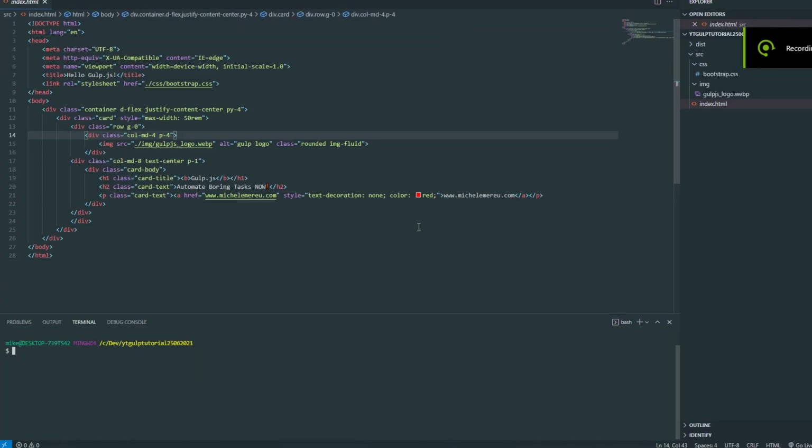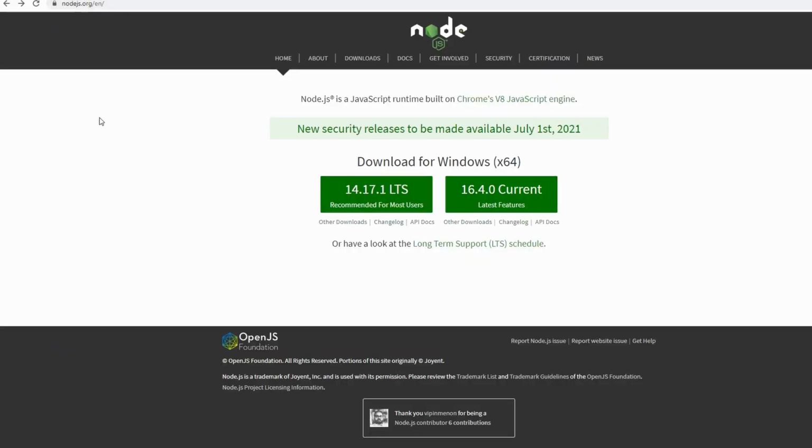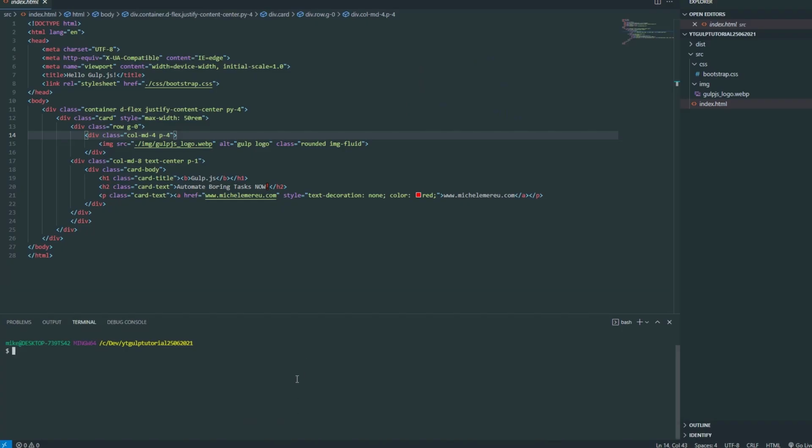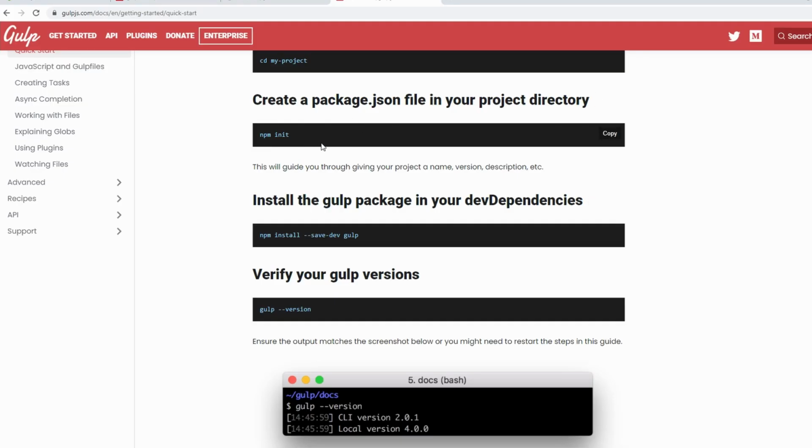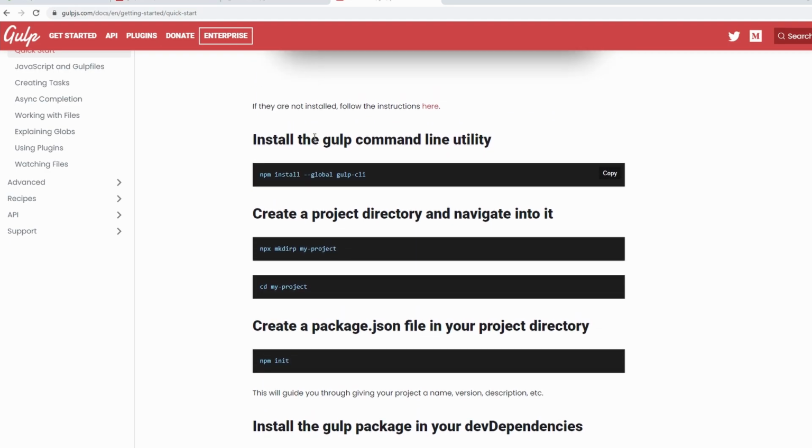So the first thing we have to do is install the JavaScript runtime called Node.js, and if you already have it, just open a terminal and check if the version is at least 8.11. Then we can proceed to install the Gulp command line utility,